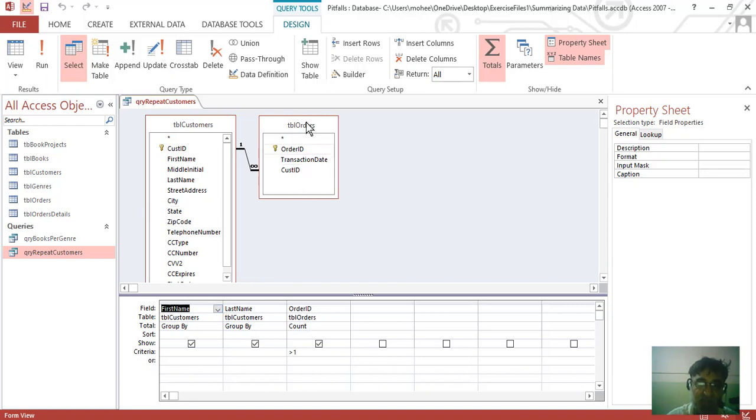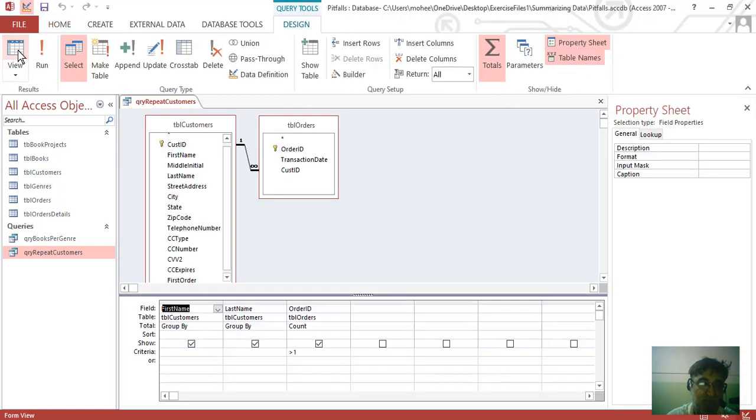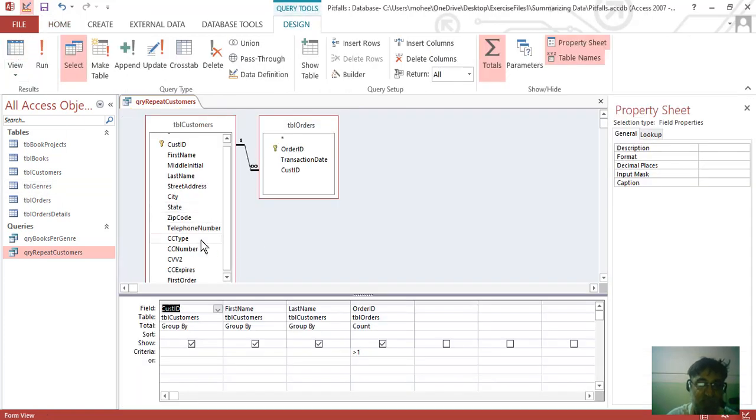Now, for example, if I insert the customer ID, you will find that the number of records changes. Though the same tables are displayed, now we can see that there are only 11 records. What happened? Why have these records decreased?